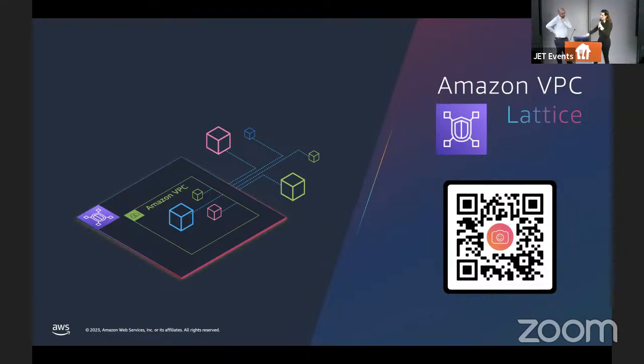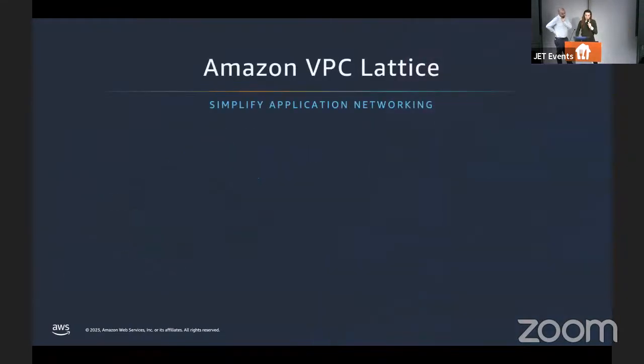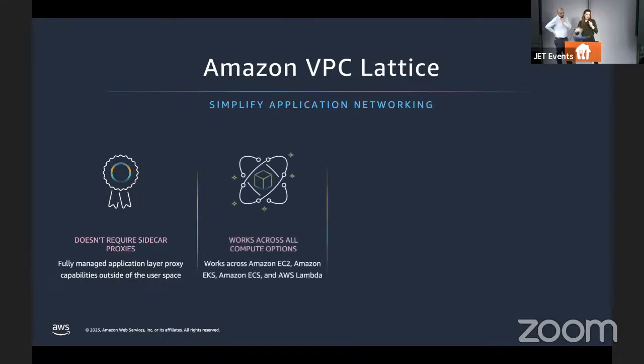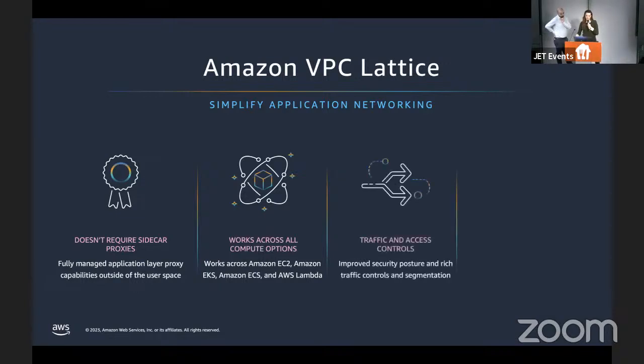In fact, it does this without the need of sidecar proxies, like for example, service meshes, they're using sidecar proxies. It works across compute options, not only containers, but also Lambda, also EC2,